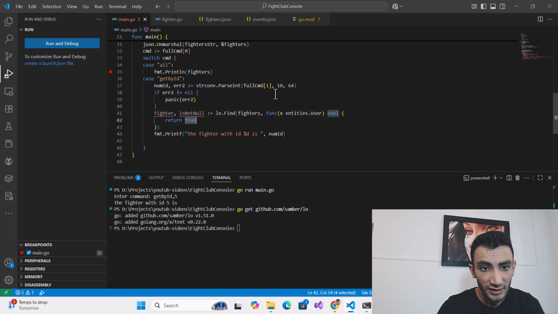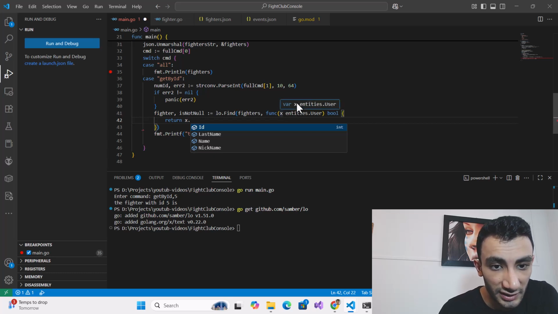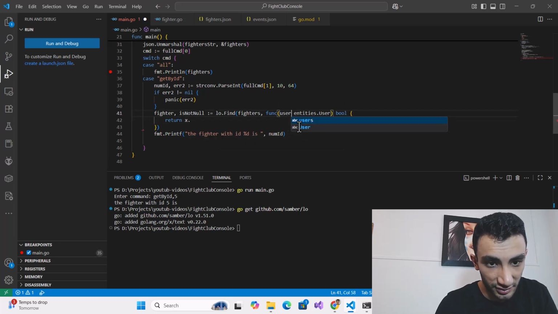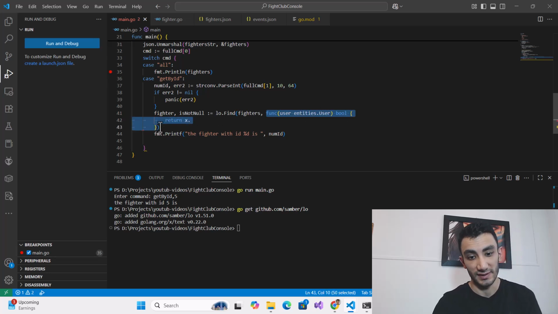But I want to find that by ID, so say x, where my x is a user. As you can see, if I keep my x in here, it's a user. You should learn lambdas first to understand this situation. We pass one function to the users to see if it's in that array or not.